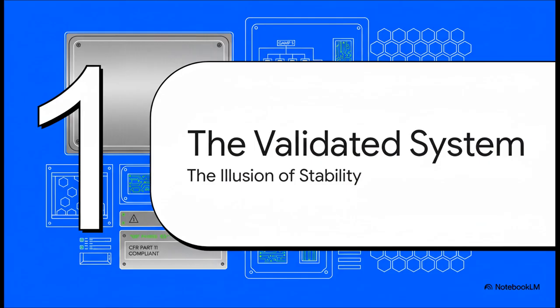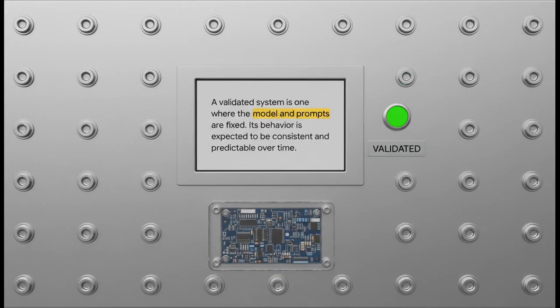All right, let's kick things off with a scene that I'm sure is going to feel pretty familiar to a lot of you. Picture a system in a nice, controlled environment. It's been tested, it's been validated, it's got the green light. We have this idea that once an AI system gets that stamp of approval, its models are locked, its prompts are set, the core logic is all signed off on, it should just work consistently, predictably. It's supposed to be stable, rock solid.